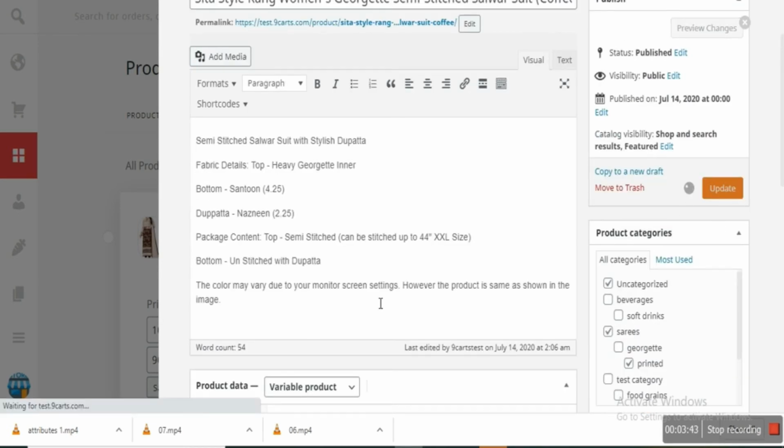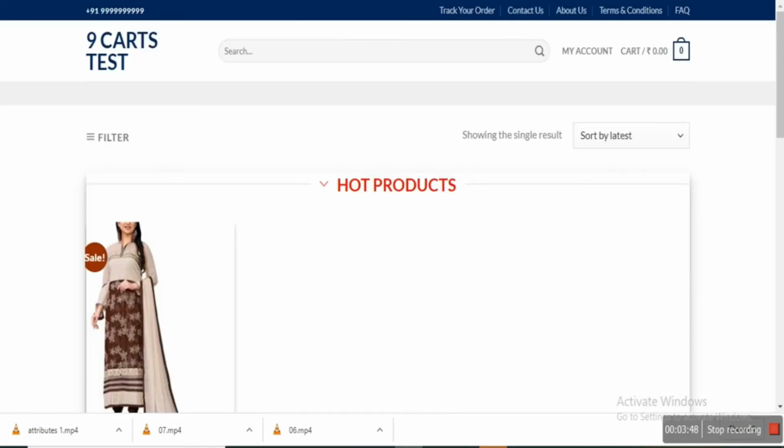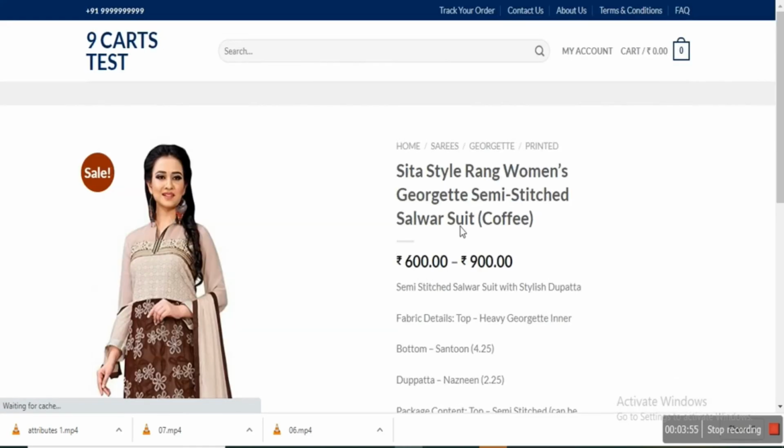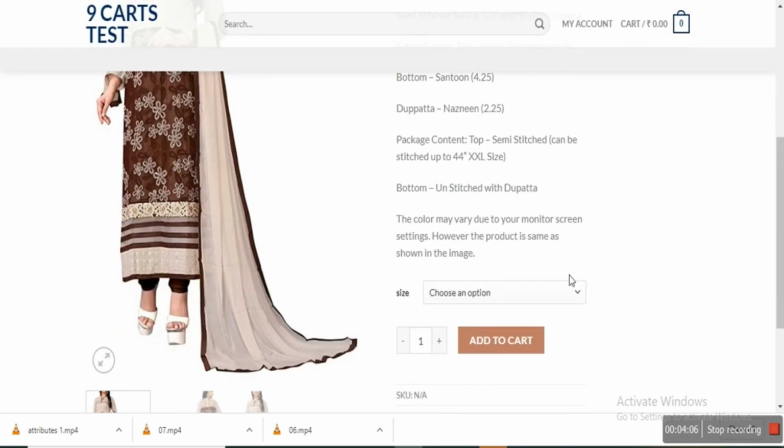Now let's see what changes are happening at the front end. When we select the product, the entire detail is over here. Now we can see the variation is from 600 to 900 because this product is available in different sizes at different rates. We have a choice to select from 3 sizes, because we had selected all the 3 attributes.